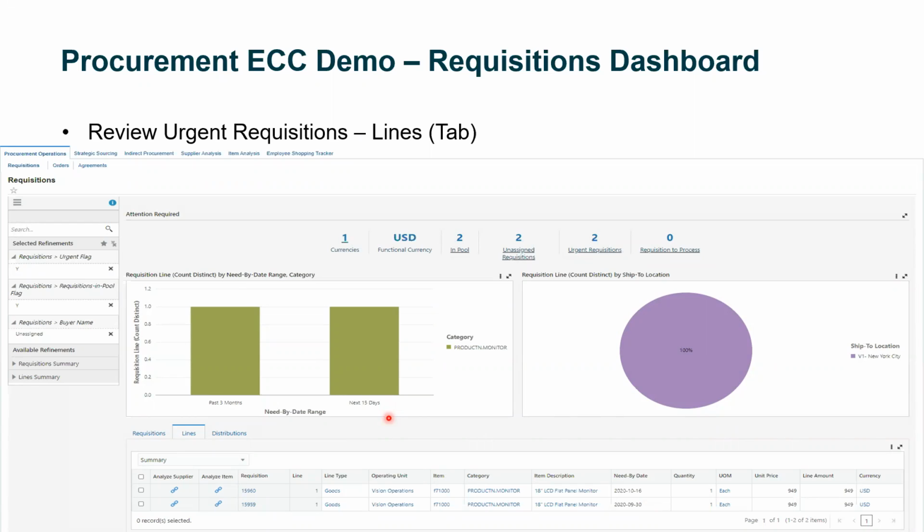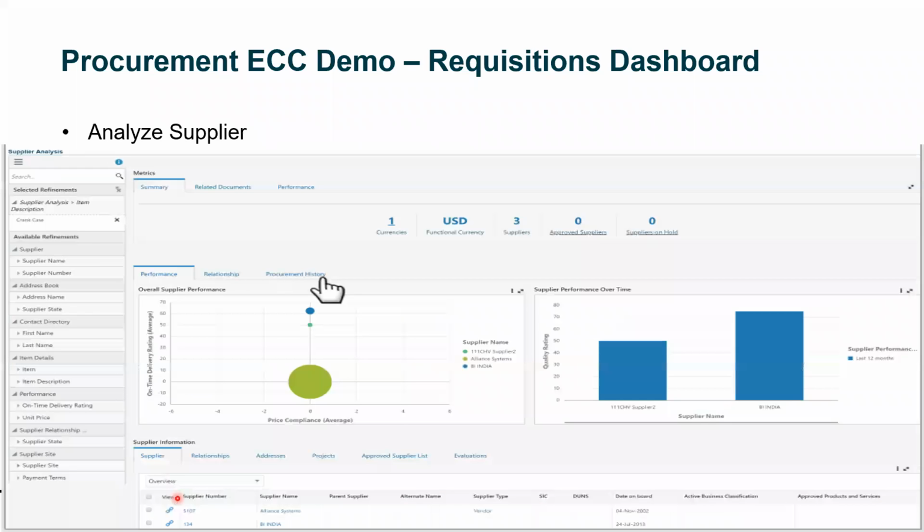It means that as a buyer, these are my priority transactions, so I'm supposed to act on this transaction. Now what I will do is convert it to a PO, right? When I analyze the supplier, it gives a next page saying